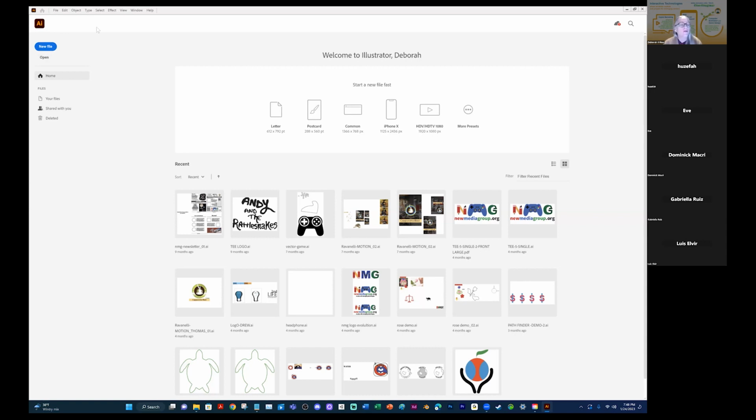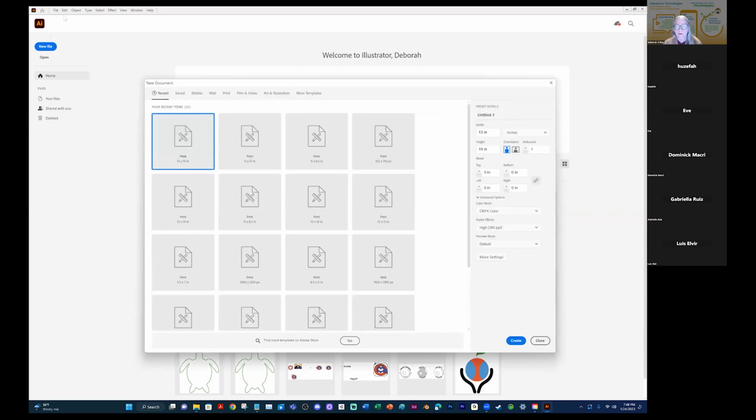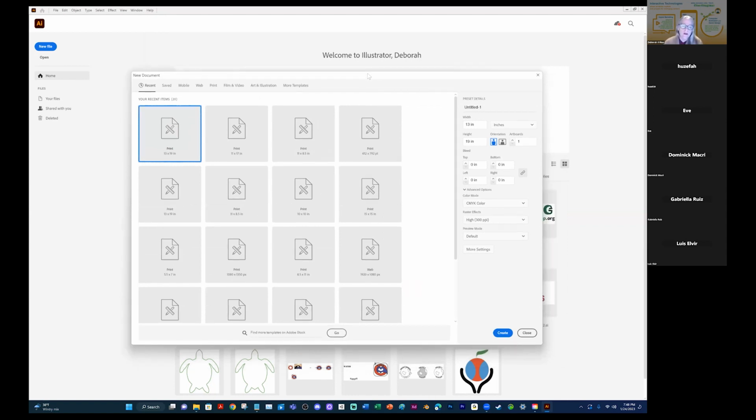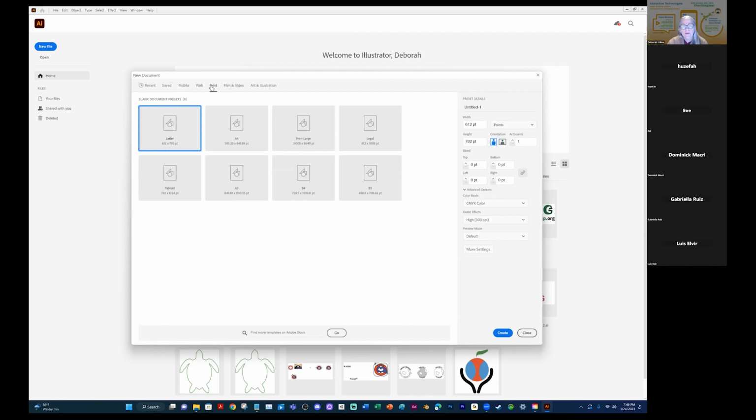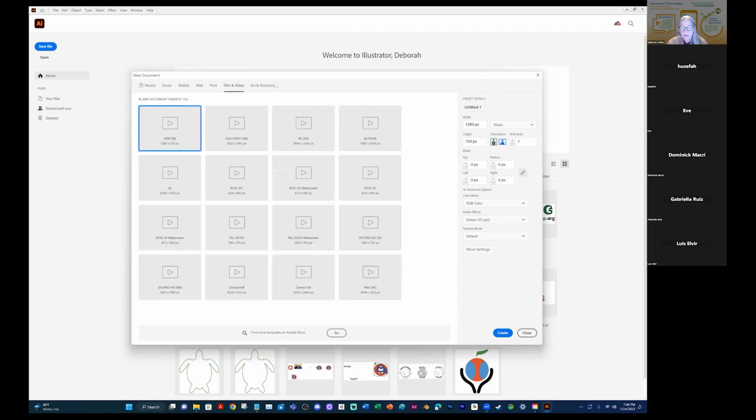and when you're looking at the files, you just want to go File, New right off the bat. Now, what Illustrator does for you is they give you lots and lots of templates. Because who's going to remember all this stuff, right? I was so happy when they did this so I could just throw my notes away and not have to go find them. So now everything is at your fingertips regarding web, mobile, print, whatever it may be, film, art